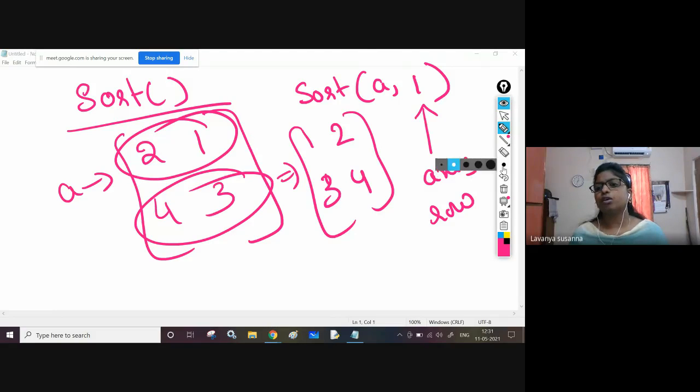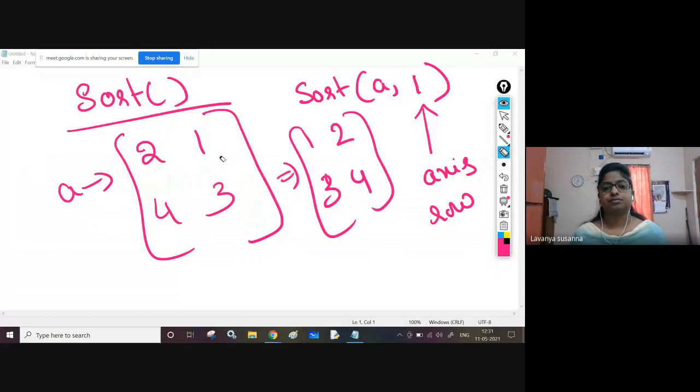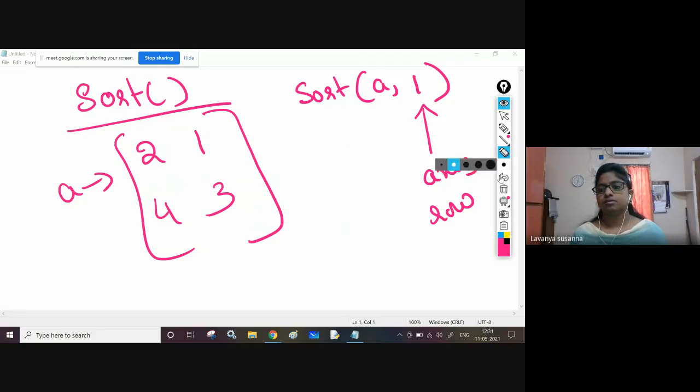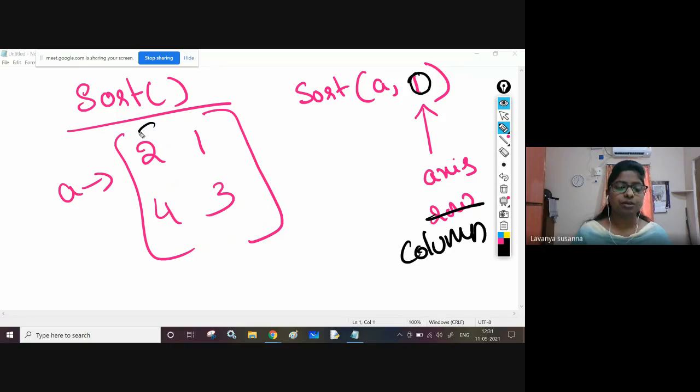Now, if you want to sort column, just pass the axis zero. Zero means column axis. Now column will be sorted.